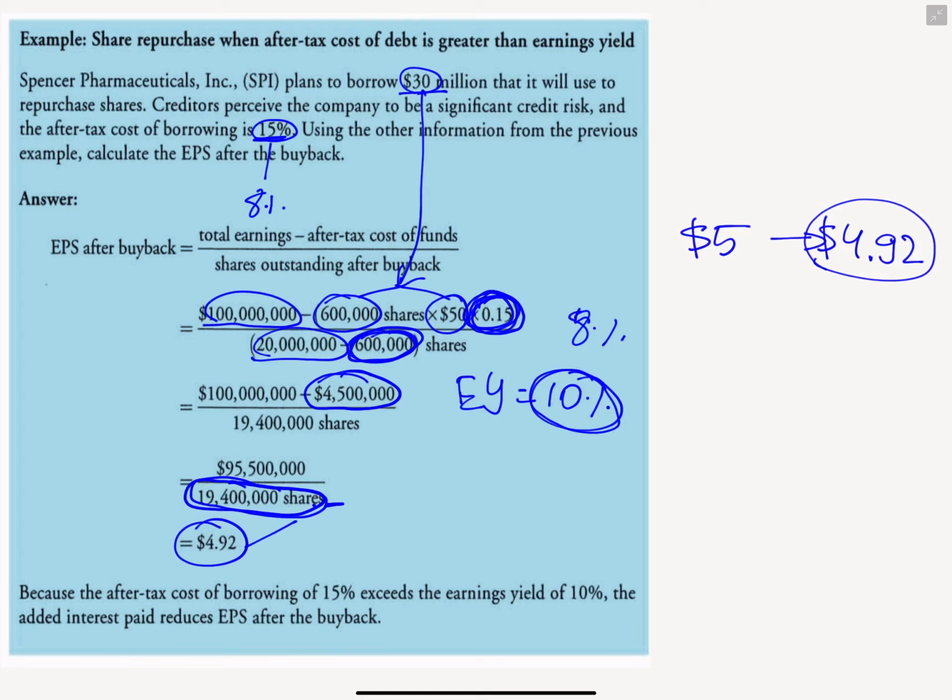They should pay a higher interest rate than their earning yield, so they have a negative effect. Their earning per share, their EPS, will be lower because the 15% after-tax cost of debt is a burden. It is higher than the earning yield, and this burden means